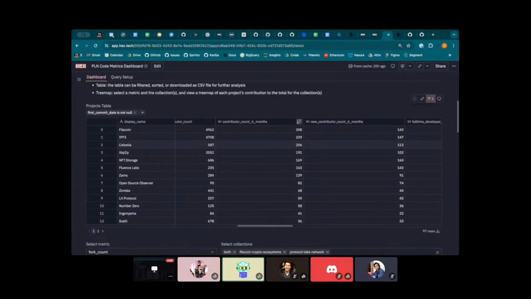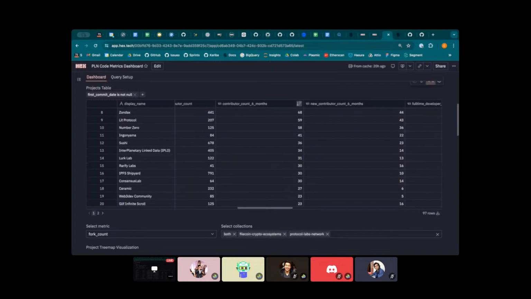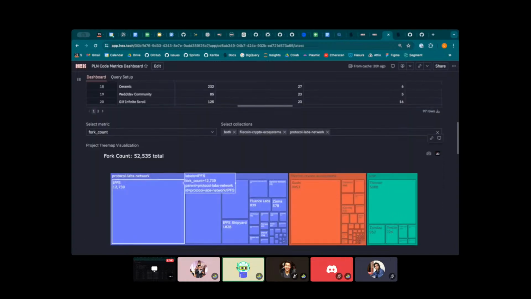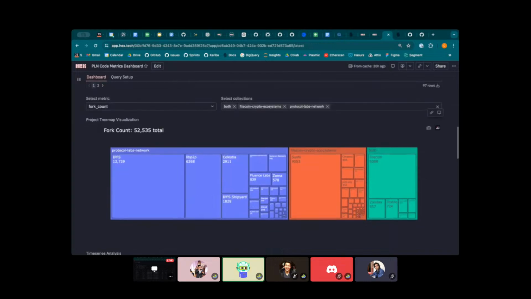Great. Well, here's another version of the same table you saw. This is actually the better way to interact with it. And again, this is me just playing around for an hour yesterday. You could make much better visualizations. But you can pick a metric. So let's take the